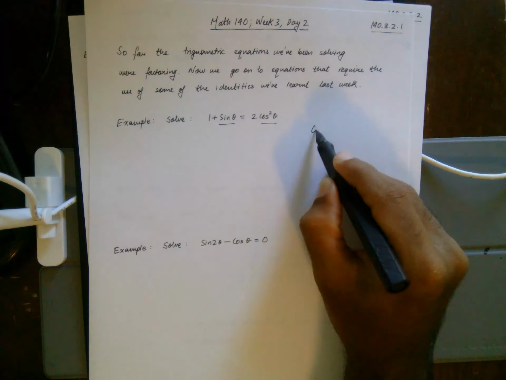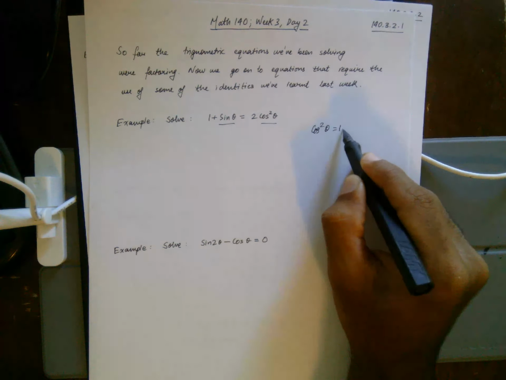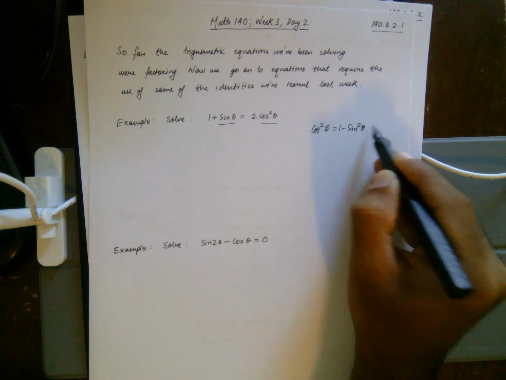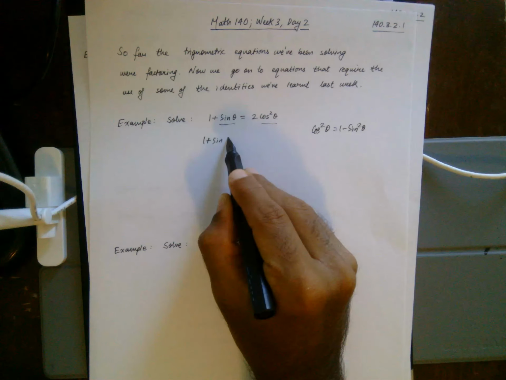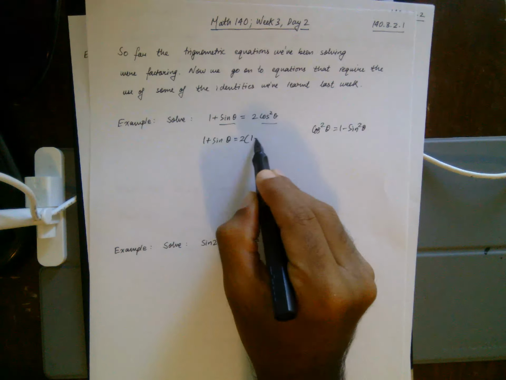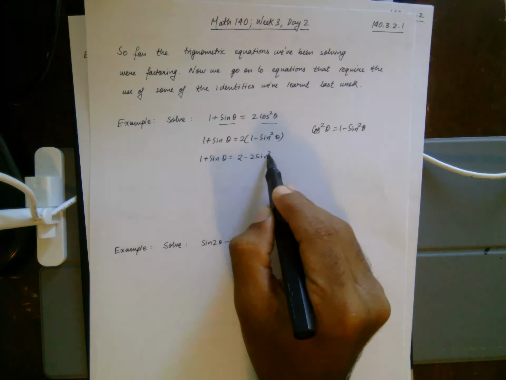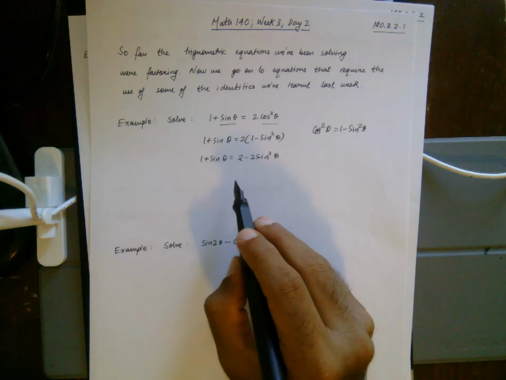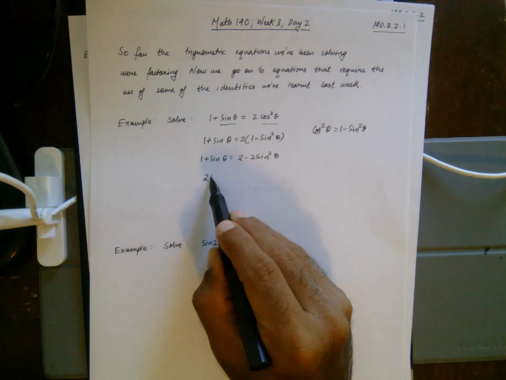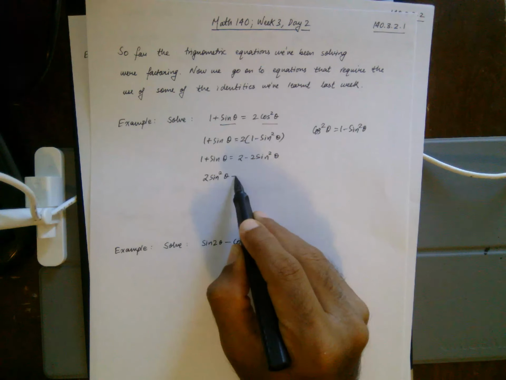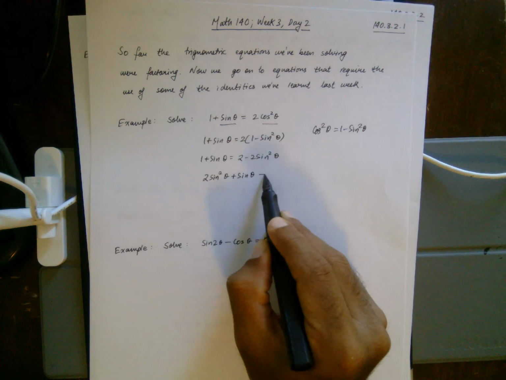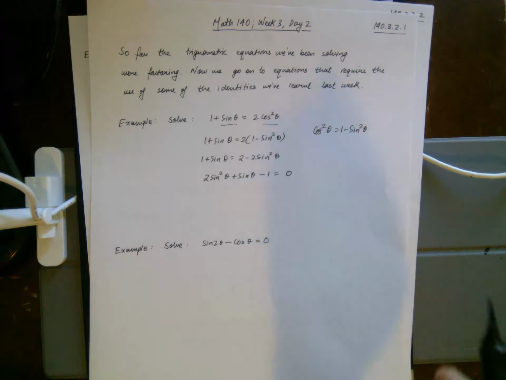However, we do know that cosine squared theta is 1 minus sine squared theta, which would mean that I can rewrite this in this particular form, giving me 1 plus sine theta is 2 minus 2 sine squared theta. And then collecting all the like terms, I get 2 sine squared theta plus sine theta minus 1 equals 0,